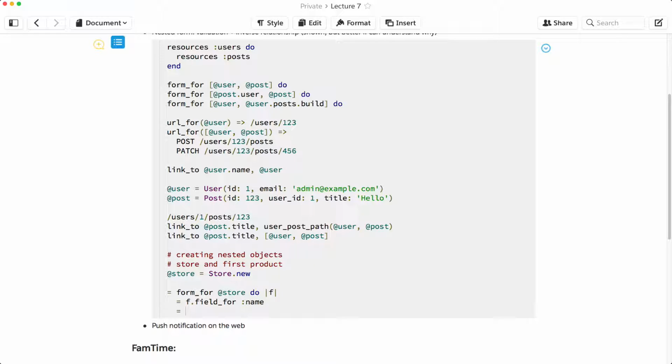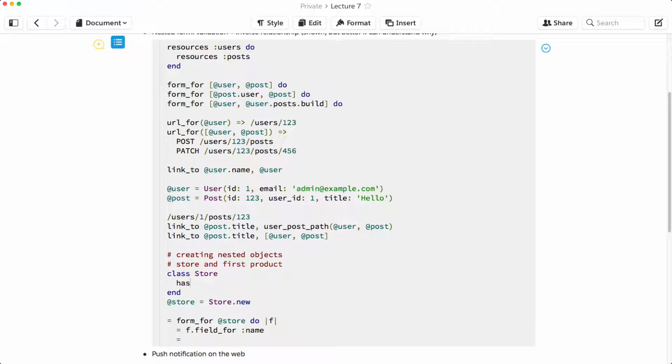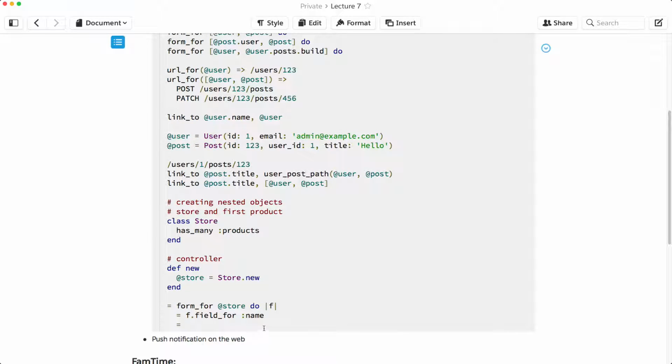And this is the tricky part, right? Because you have your store, and in here, it has many products. So this is your controller, def new. Now who knows how to create a store? Let's say in this case I want the user to give me the first 3 products in a store. So you use the fields_for thing, right? So you say f.fields_for